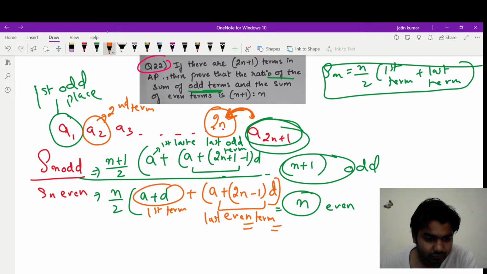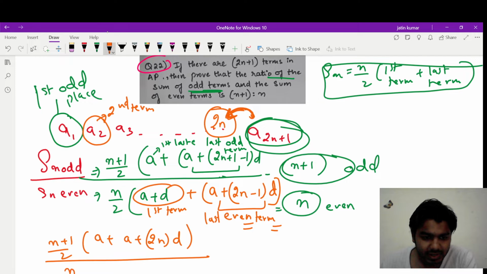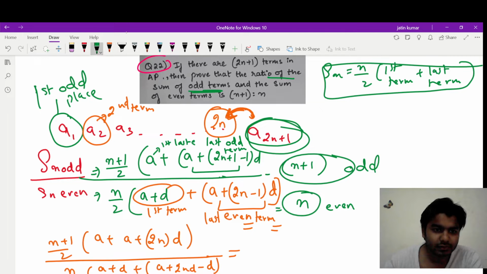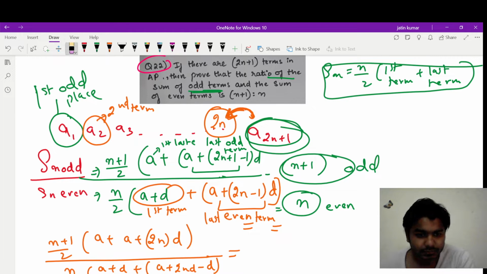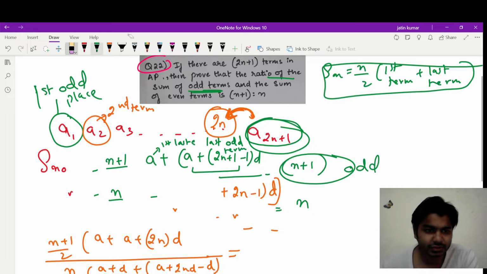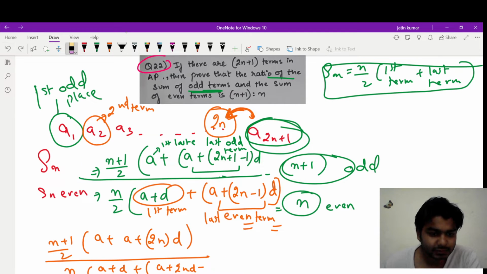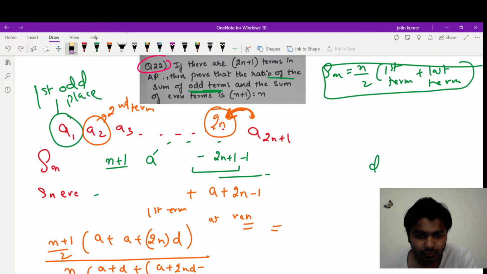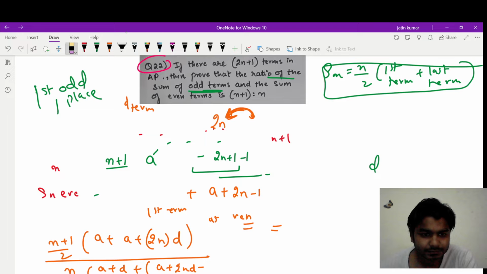Now on solving these two: (n plus 1) upon 2 times (a plus 2n, 1 and 1 will get cancelled) into d. And below, n by 2 times (a plus d plus a plus 2n d minus d). Now on solving these two only, we will get...